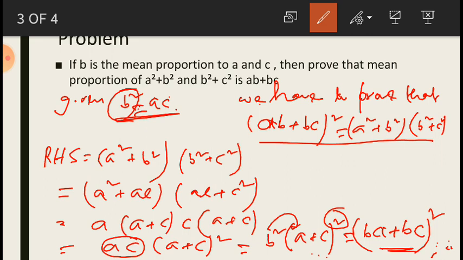This is nothing but AB plus BC whole square, that is given, that is in the left hand side. Okay, so this is equal to left hand side. So this is our proof. This is proved. In this way you can do that kind of thing. So that will be quite easy, but the method you have to know very carefully, that is what will be the consideration for better solution, that is left hand side or the right hand side. Okay, so that you have to be careful about.